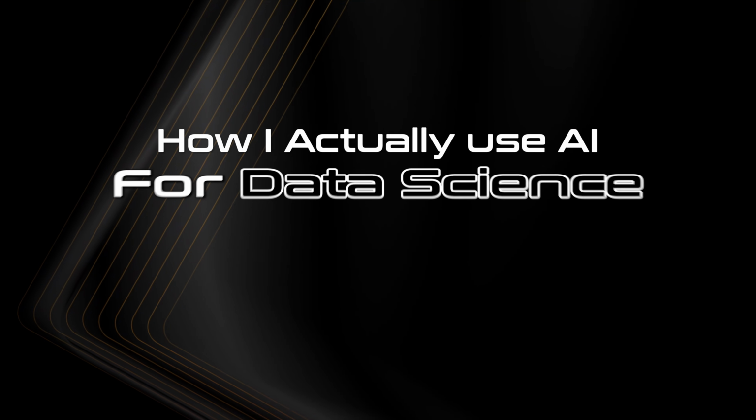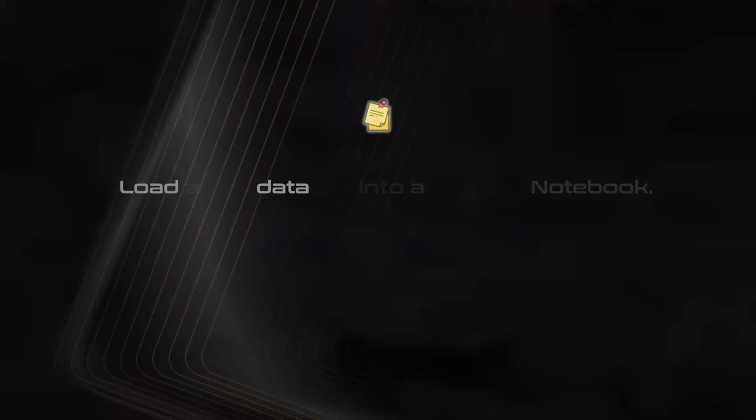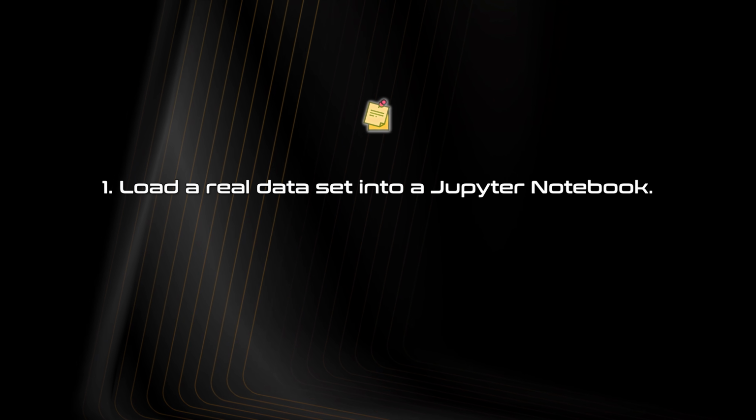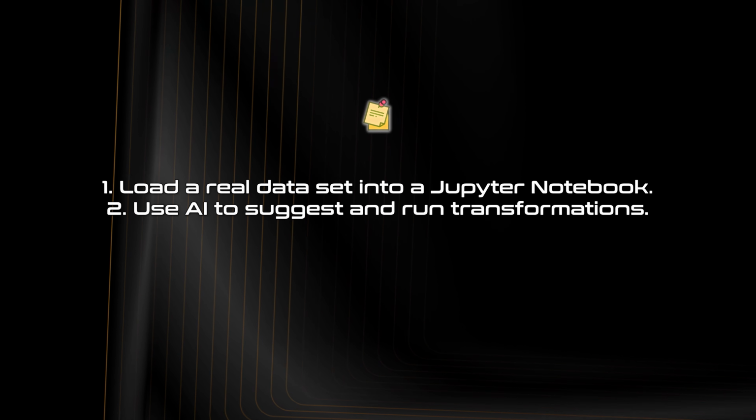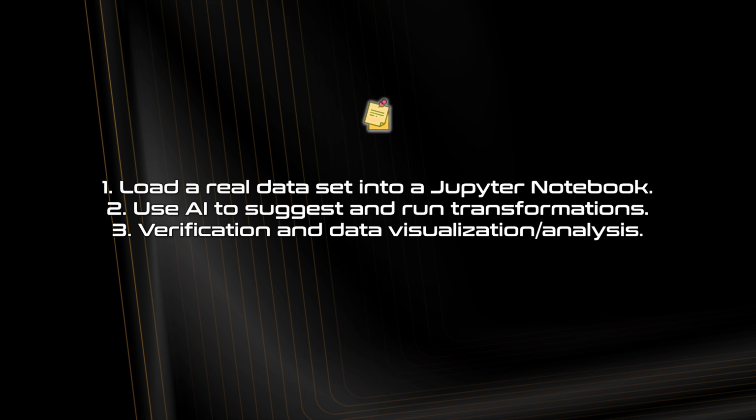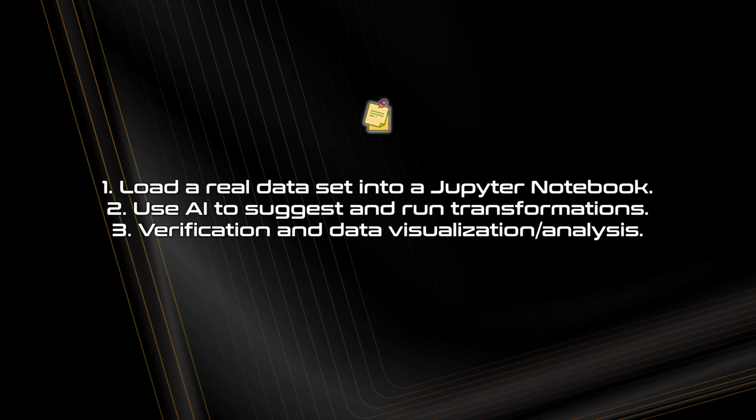In this video, I'm going to show you how I actually use AI for data science in Python. Now we're going to load a real data set into a Jupyter Notebook. We're going to use AI to suggest and run transformations. And then I'm going to go over the part that's most important, which is verification and data